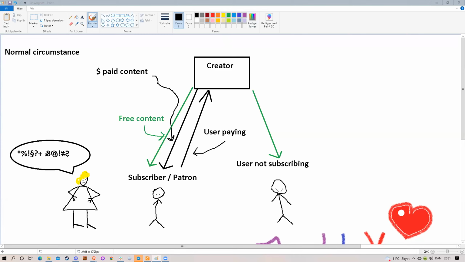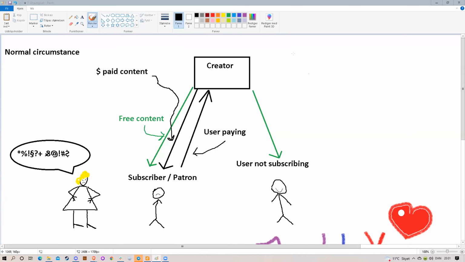So this is called Just For You, and it's about content creators being able to send exclusive content to whoever is a subscriber or a patron to them. So similar to Patreon or any other form of art. You can even include OnlyFans in this. In normal circumstances, as I've shown here, a user can choose not to subscribe or pay and just get the free content, while a user that subscribed would get exclusive content, but it will be visible in the